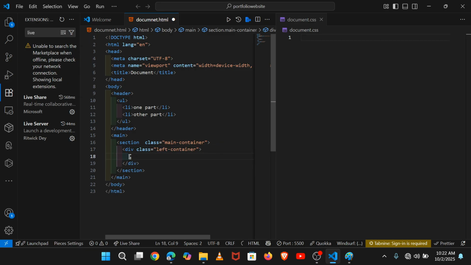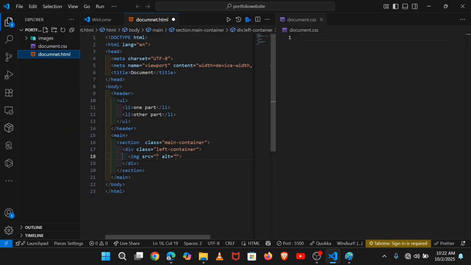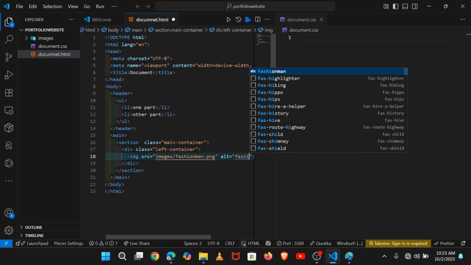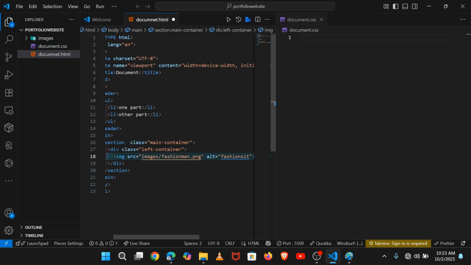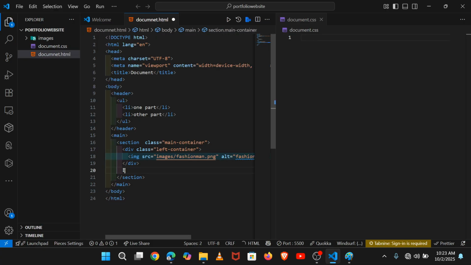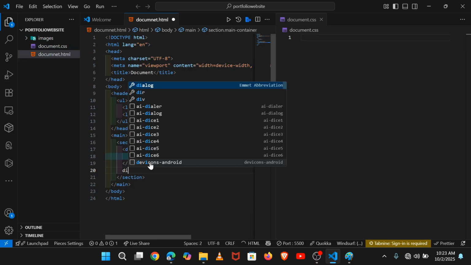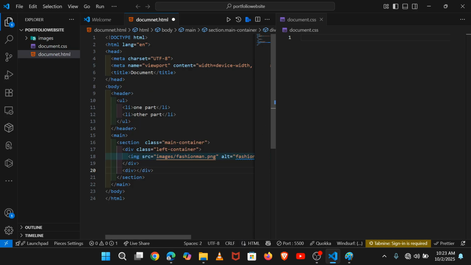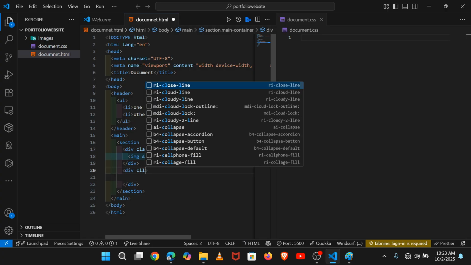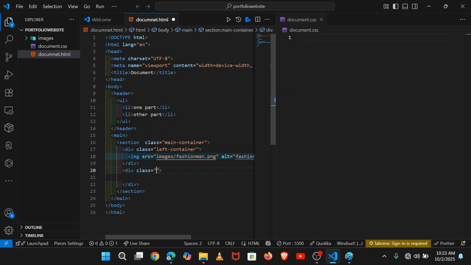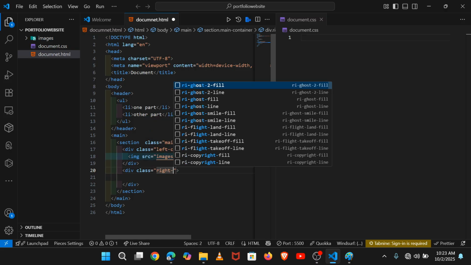like this, and we'll put the image there. Let's say the image will come from these images, and take this fashion man with an art of fashionist, like this, and then we save. On the right part we will be putting a div, also having a class saying that this is the writing part,